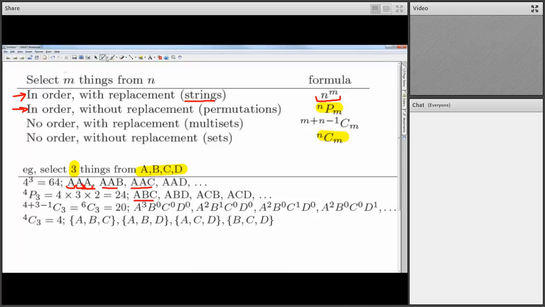But we might also sometimes want to look at situations where we don't really care about the order. We just want to consider the collection we have. So do we have them or not have them? Do they contain it or not? There are two examples of that: you can do it with or without replacement. The only one I've done in class is the one without replacement, so that's what I'll consider. But I've put the other here for completeness, and it is related to combinations again.